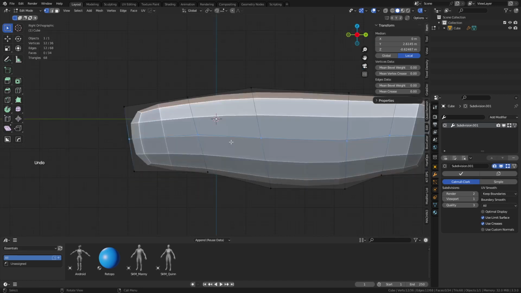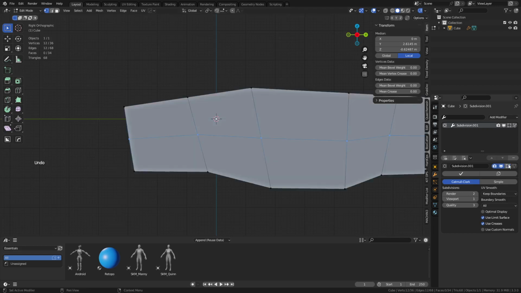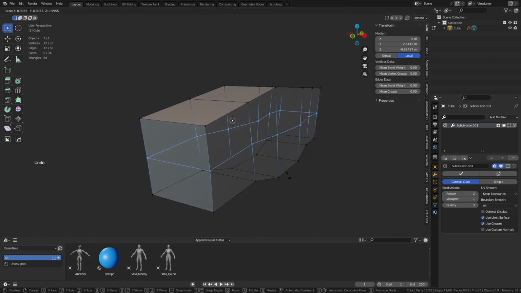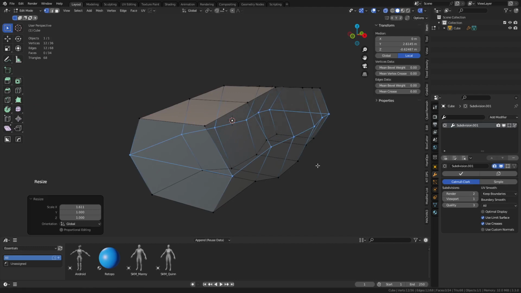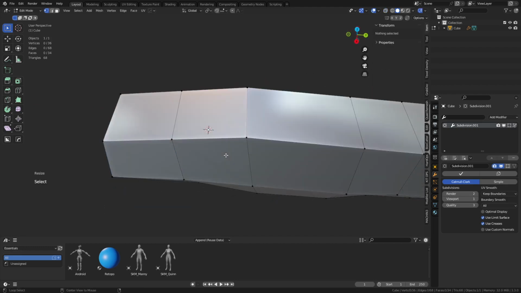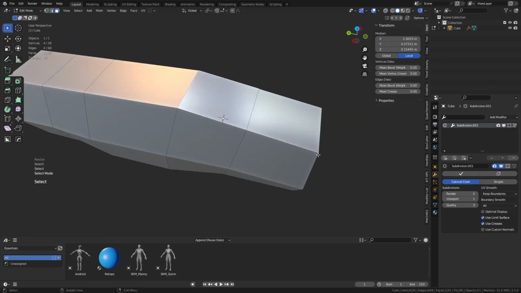All right, but we can polymodel this pretty heavily. We can push and pull polygons, and get the shapes we want, get them going. So we could just do things like scaling on X. You know, we can even go as far as starting to do insets here, although I don't recommend it just yet if you can avoid it,